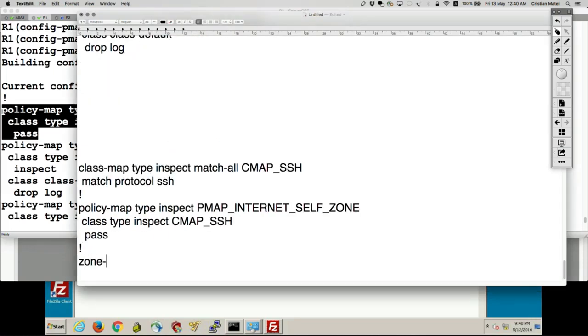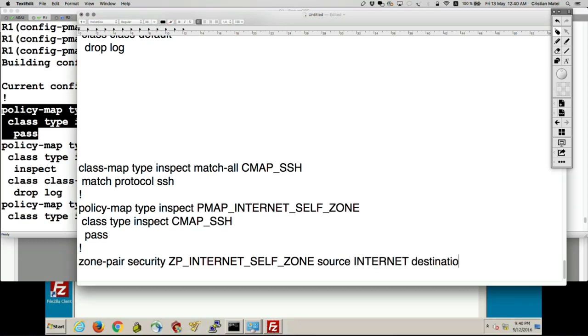and let's say zone pair security, and I'm going to say ZP from the internet to self zone, and I'm going to say source internet, destination self, and I'm going to say service policy type inspect, and this policy map.